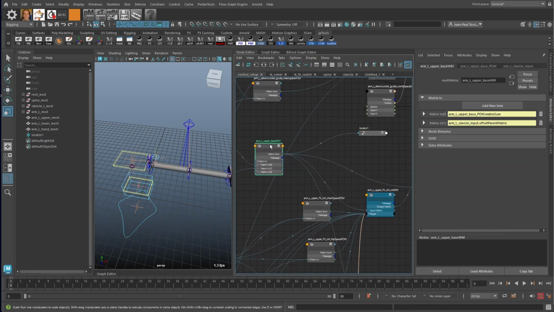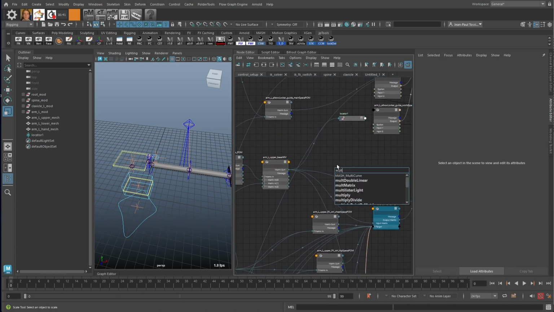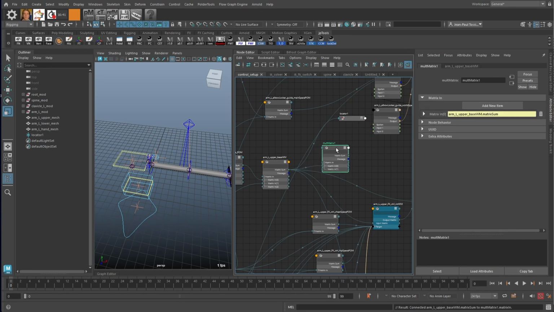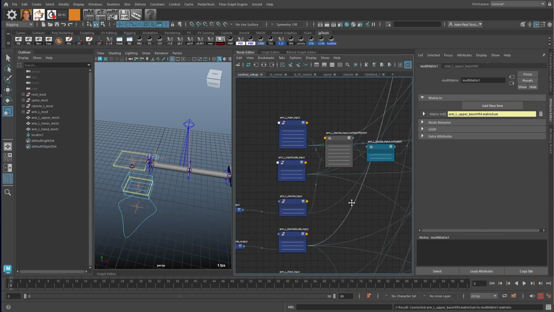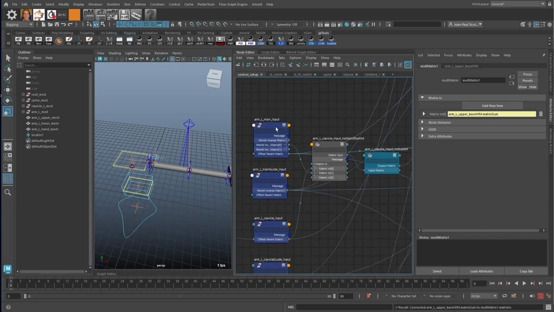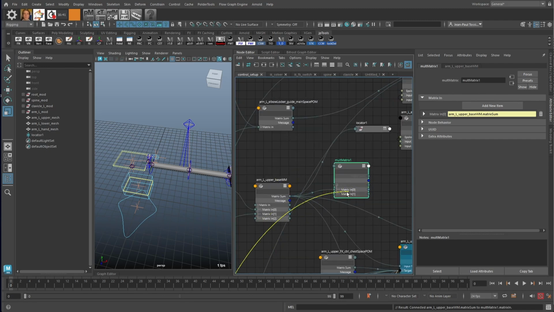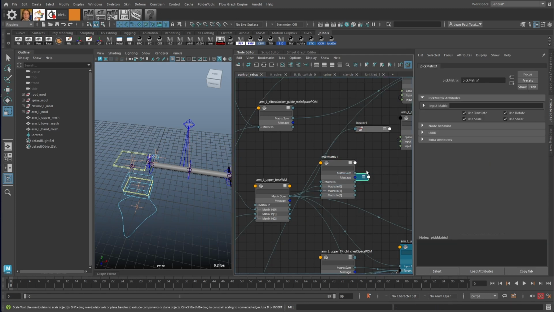So if we now do the same thing here, let's create a world matrix node and plug in the output matrix and then multiply it with the inverse world matrix of the main input, like so. And then we create a pick matrix